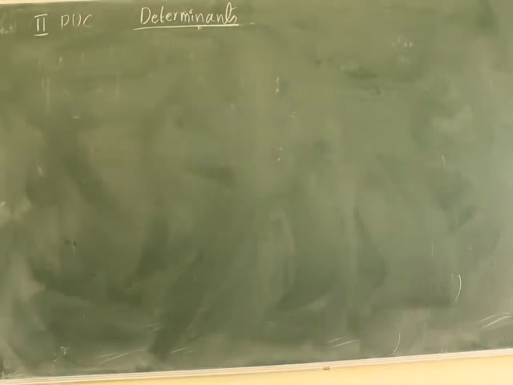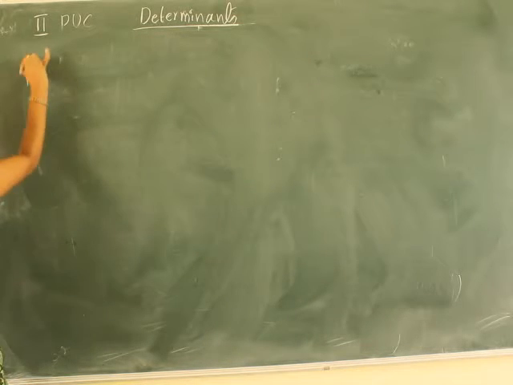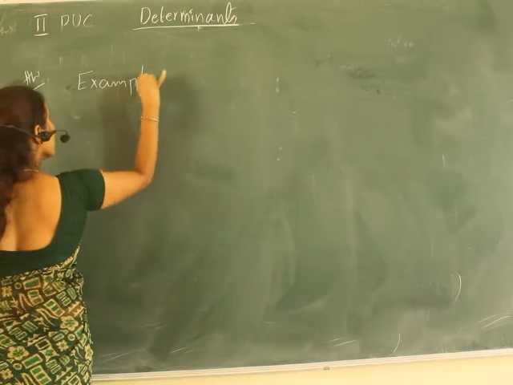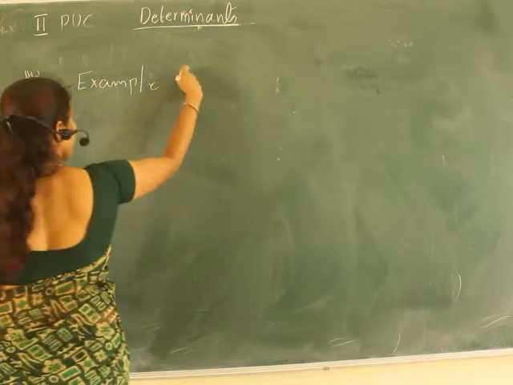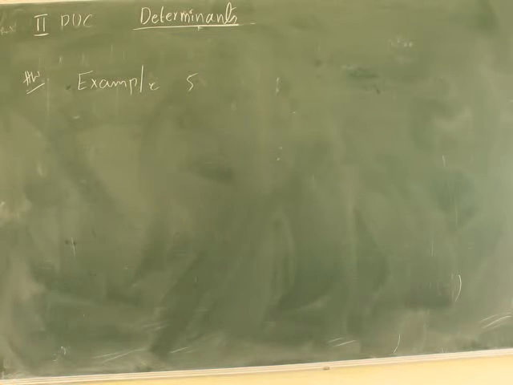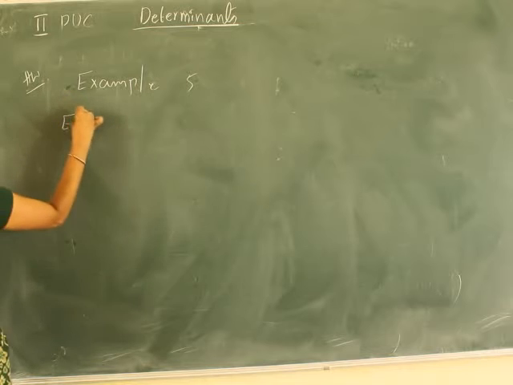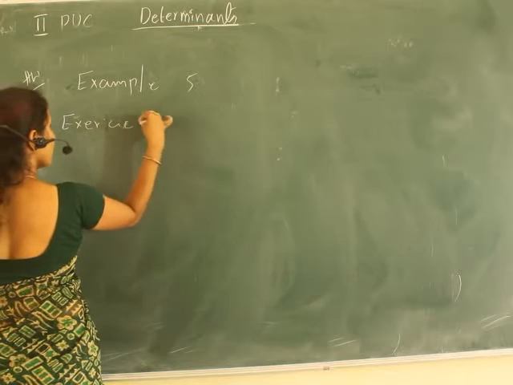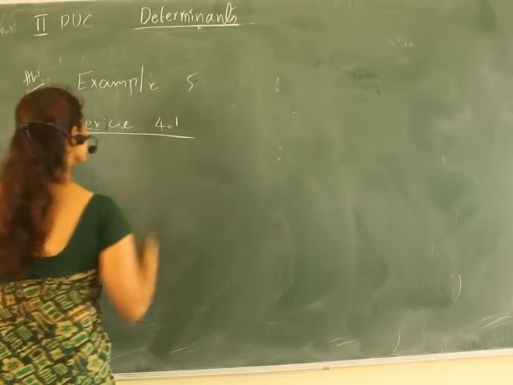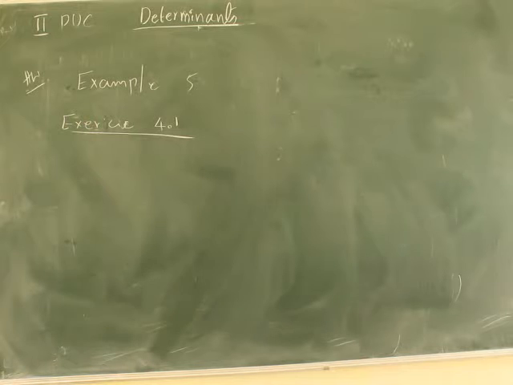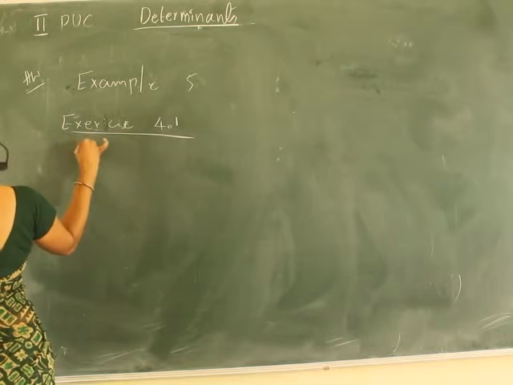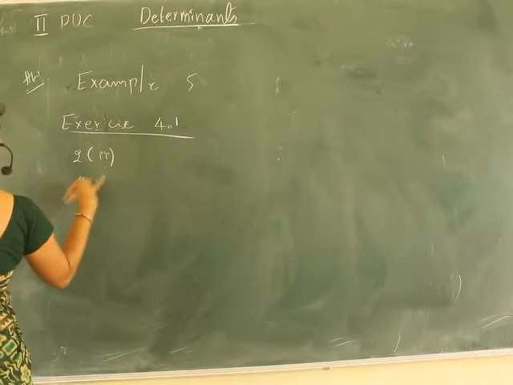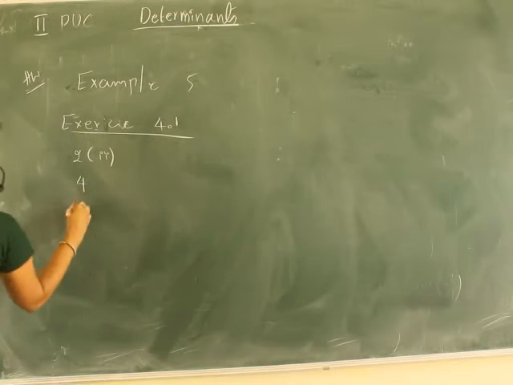So for exercise or homework problems, you write down: Example 5, then Exercise 4.1, in that second main, fourth one, fifth one, first,